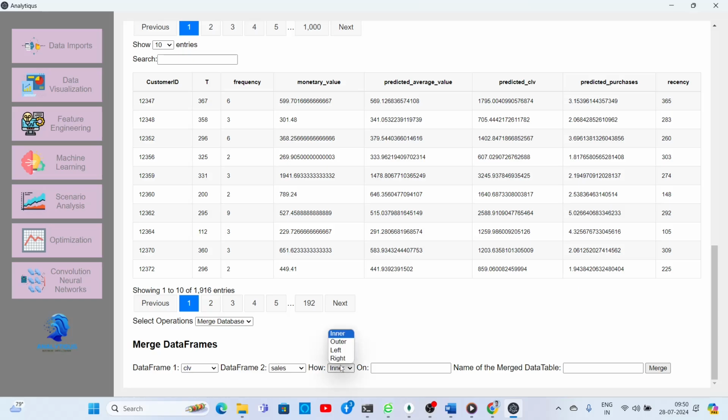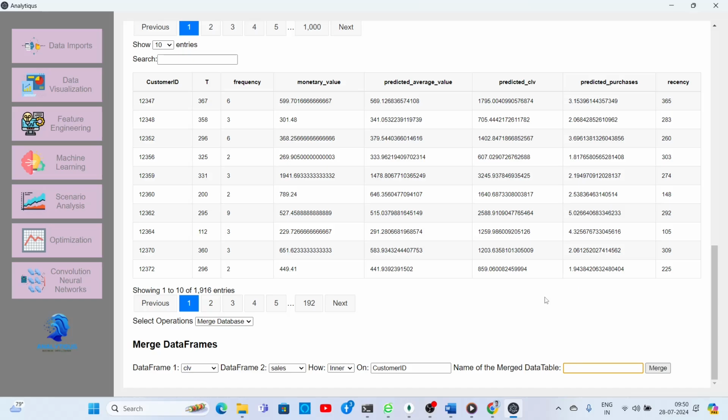Inner will select the common, means the intersection of these two data tables. It will select only those row entries that are in common in both the data tables. Which column do you want to merge based on? We have the customer ID column.